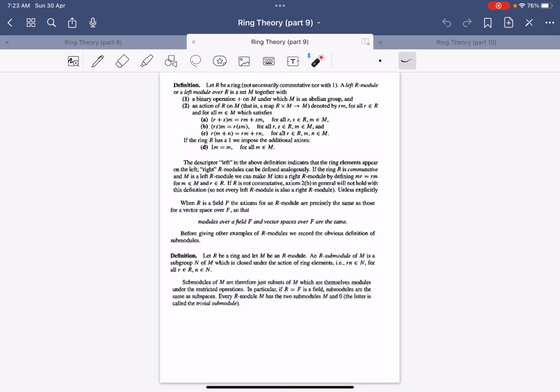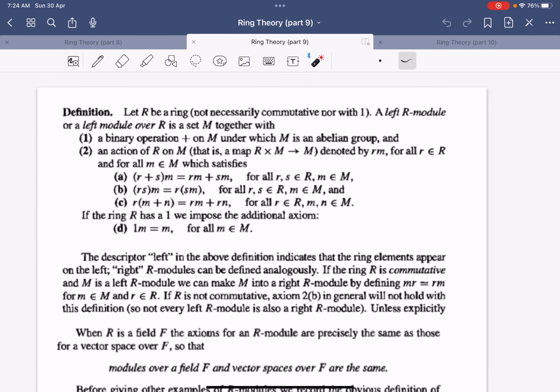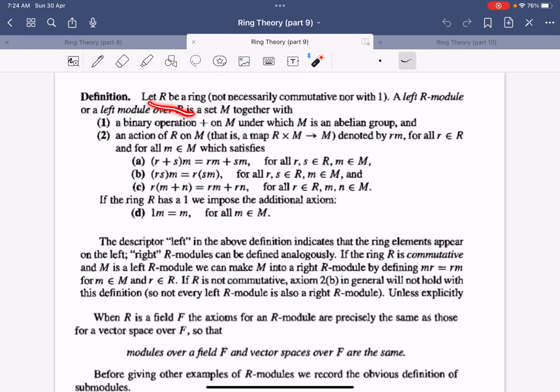Hi! In this video, I'll be going through what are known as modules, and I'll show the link between modules and vector spaces. First we must define what a module is. Let R be a ring. It may not be commutative and it may not have an identity. It's just a general ring, and we can say that a left R module or a left module over R